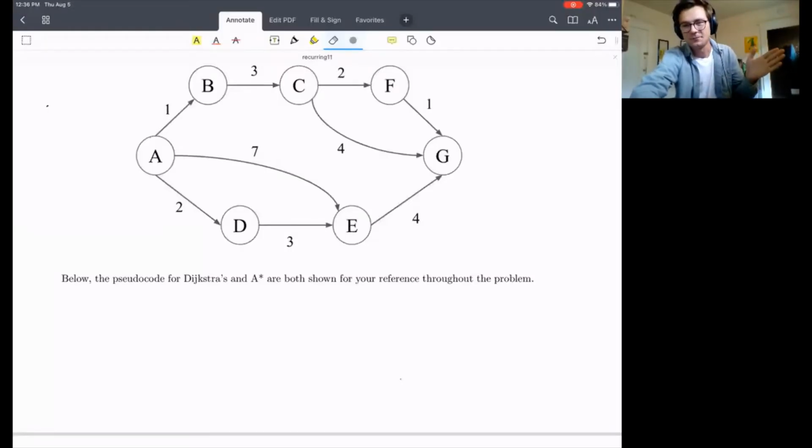Hello, everyone, and welcome to Worksheet 11, Question 2. This is the big one. This is the one where we go over Dijkstra's in a lot of detail. This is the video that I recommend you keep coming back to if you just want mechanical help with doing Dijkstra's. I will make a follow-up video about some of the theoretical implications of Dijkstra's, but the reality is you're